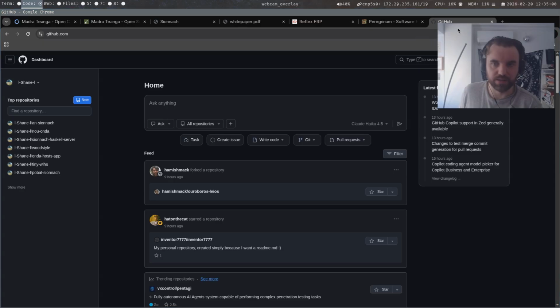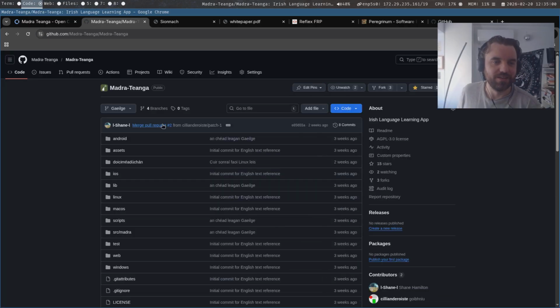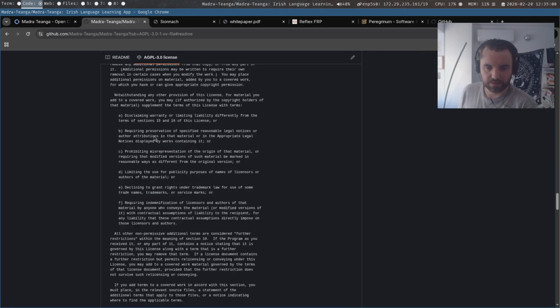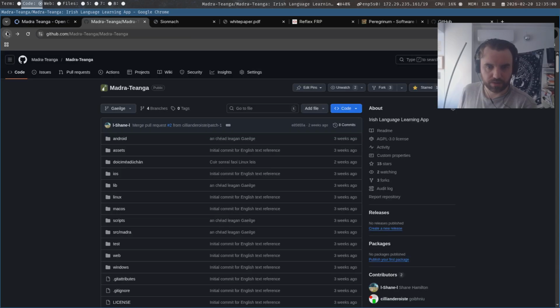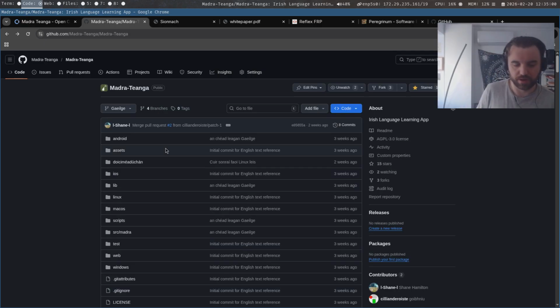I'm not going to be able to get here easily. The best way to do this, because this image up here, I can't move it, and it's blocking it, but I can click here. And this is code. So we use this license, which is called copyleft. What this means is you as an individual can come along and use this repo, and at the moment it's just a basic app, but later on it will be all the content, all the lesson content, everything else. Some of the audio, not all of the audio, that's a licensing thing.